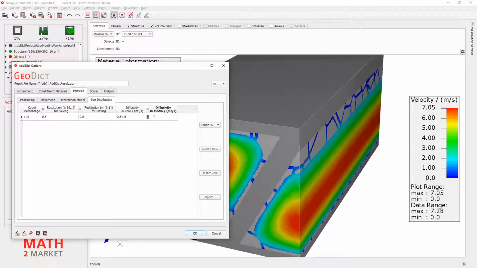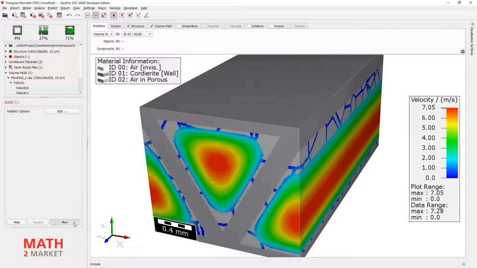And this one here, diffusivity in media, means inside our washcoat. Here we can take the results from our Knudsen diffusion from step 1, which is approximately 3e-6. So this is the diffusivity inside, in between the pores of our washcoat layer. All right, that's it. Okay, run.